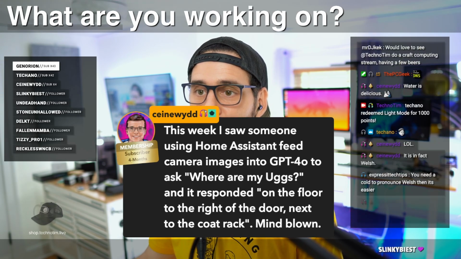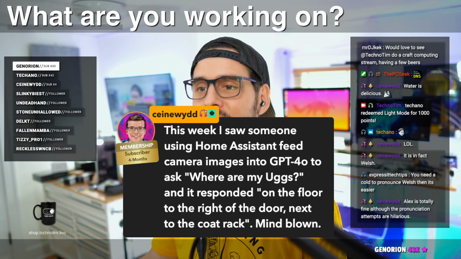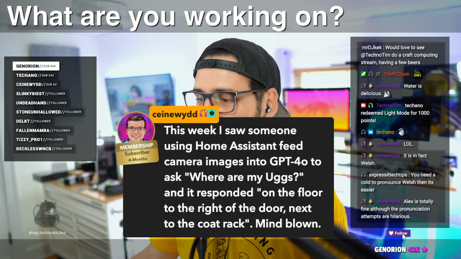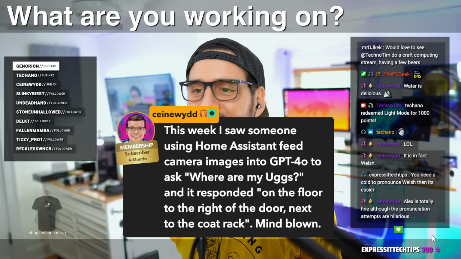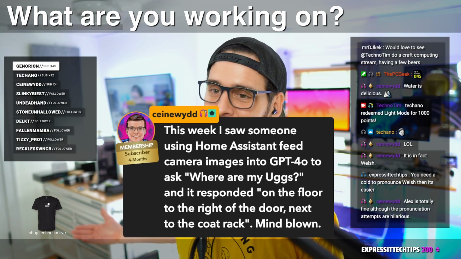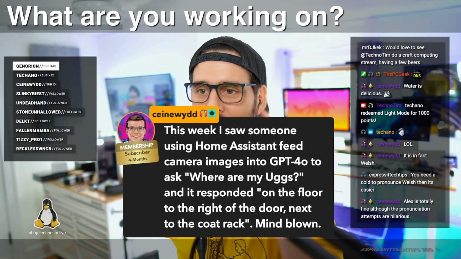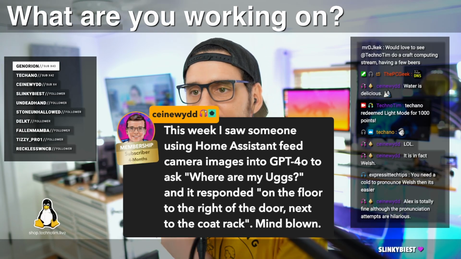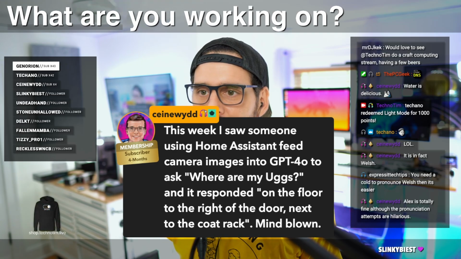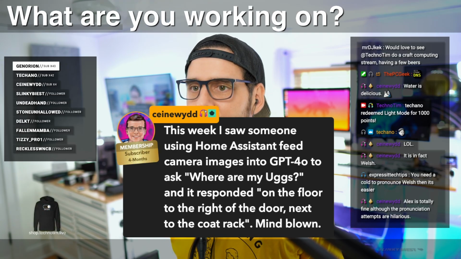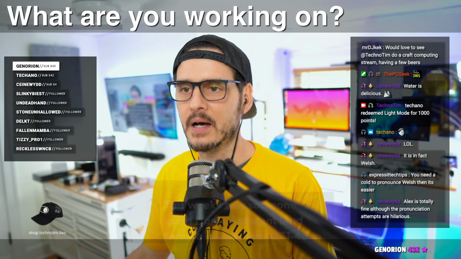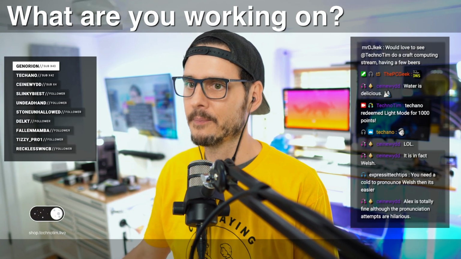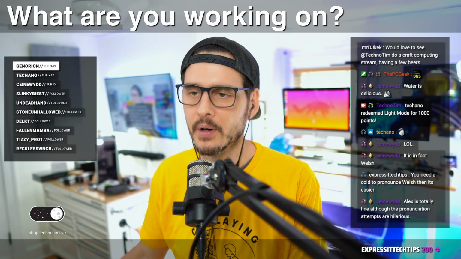This week, I saw someone using Home Assistant to feed camera images into GPT-4 to ask, where are my Uggs? And it responded, on the floor to the right of the door, next to the coat rack. Mind blown. Yeah, I saw that post. They set up a feed so they could feed camera images to GPT-4o.